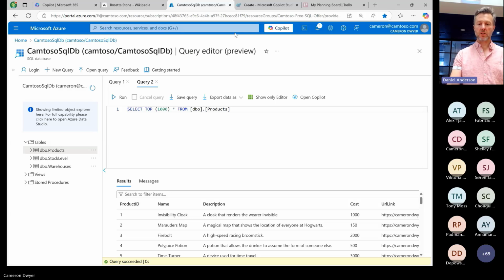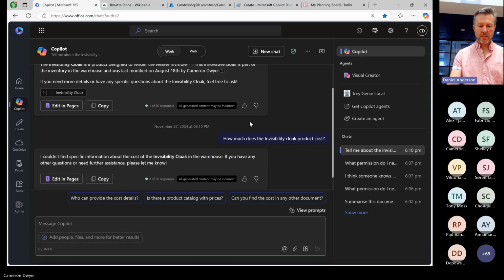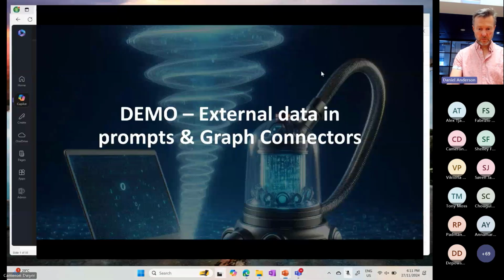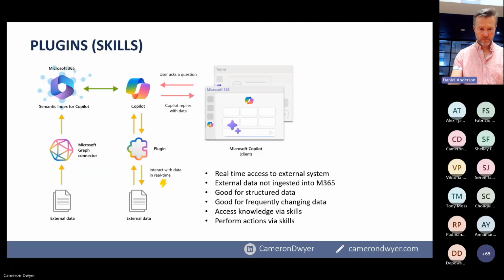There is some stuff you can do with schemas, but you have to map it to managed properties, and you will quickly run out of room when you try to do that. So the takeaway there is it's not great. But what we're going to go into is we're going to see some more techniques that are going to make it better at looking at structured data. All right, so that was the first demo done.